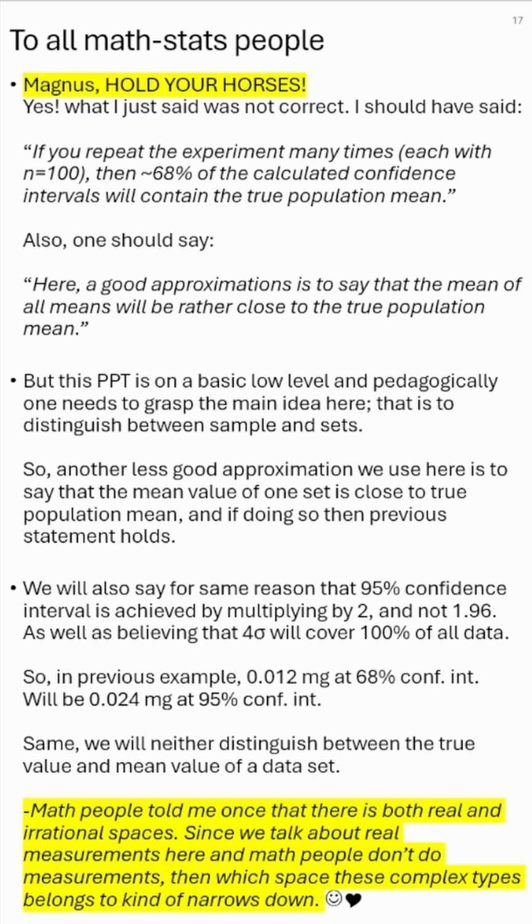To all math stats people out there. And now they will say, Magnus, hold your goddamn horses. And yes, what I said was not correct. I agree with you, math people. I should have said that